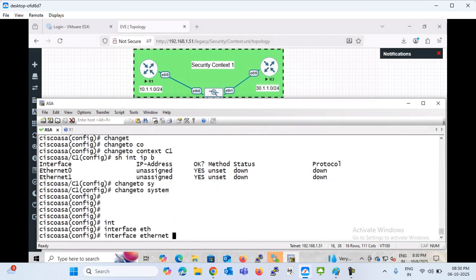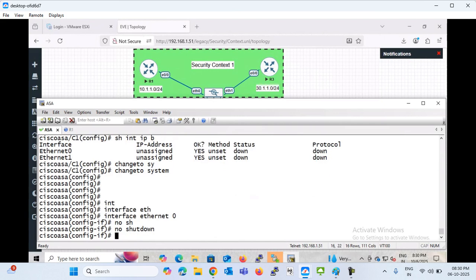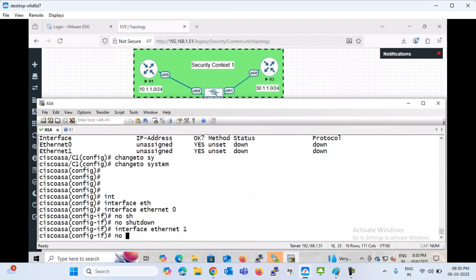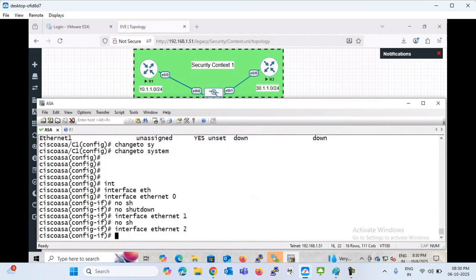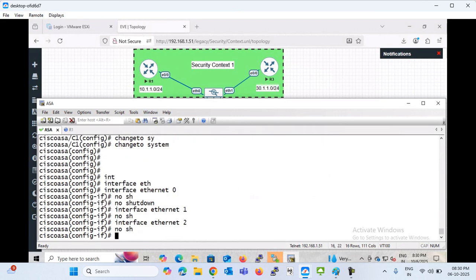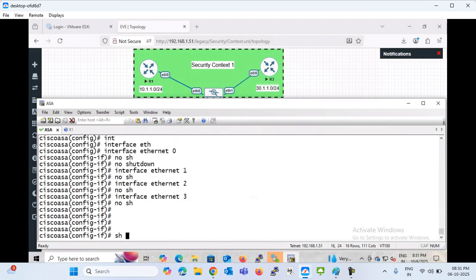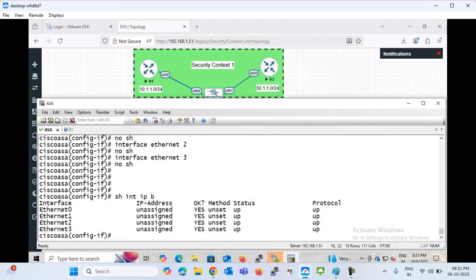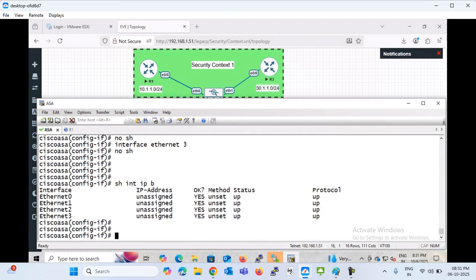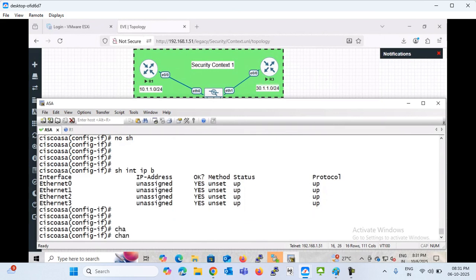Interface eth0, no shutdown, 1 no shutdown, 2 no shutdown, 3 no shutdown, right? And show interface IP brief. So we have no shut down all the interfaces. Now we can move to the change